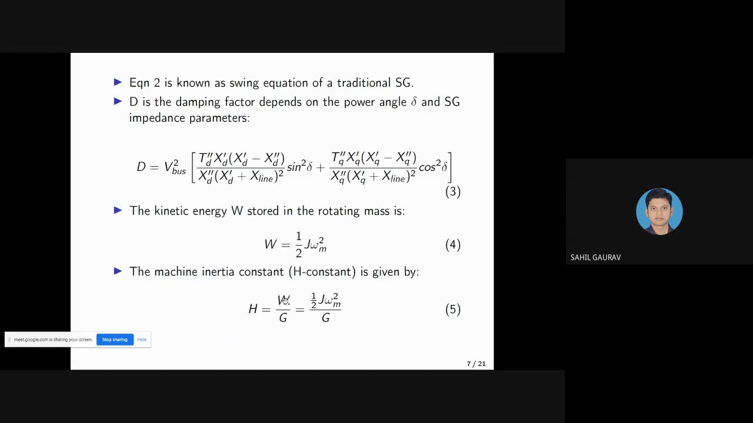This kinetic energy can be further expressed as proportional to the machine inertia constant H and the rating of the generator S_g. The inertia constant H of